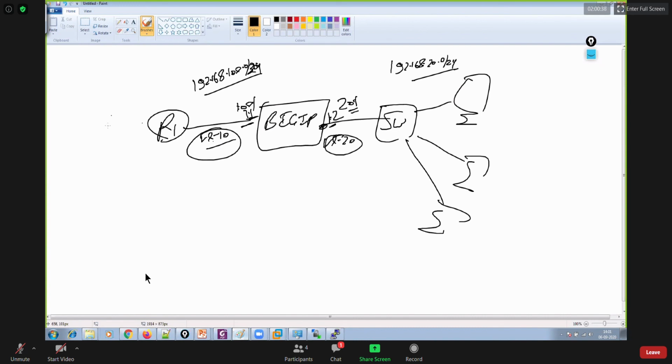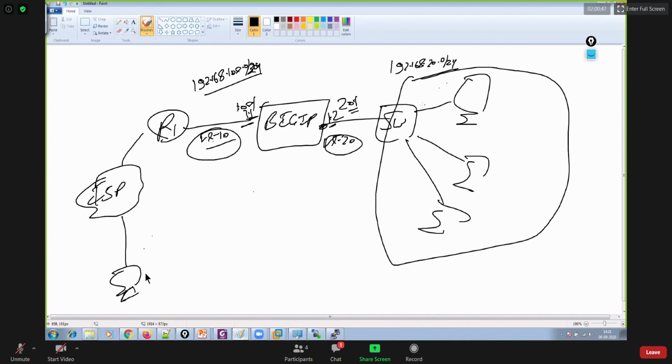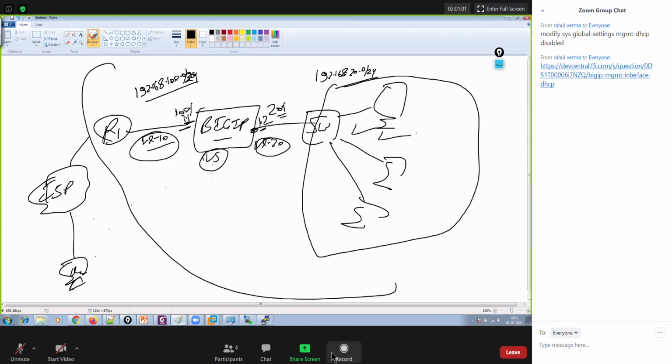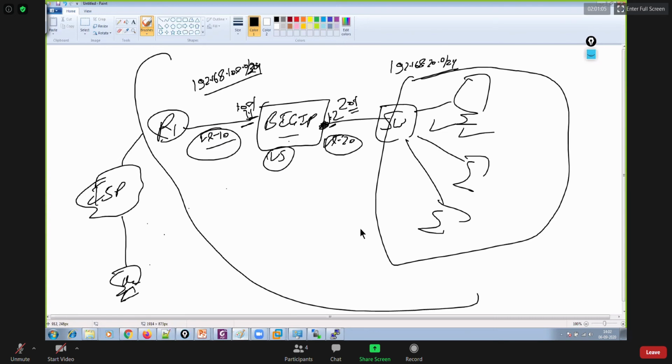So R1 is connected with the ISP, and behind the ISP you have end users who want to access the applications hosted behind Big IP in this data center. The router 1, Big IP, and these real servers all belong to the data center. From here, the client is going to hit the virtual server, and I'll discuss later what the meaning of a virtual server is. But first, we have to understand how to allocate an IP address onto these Big IPs, onto different interfaces, and how to create a VLAN.